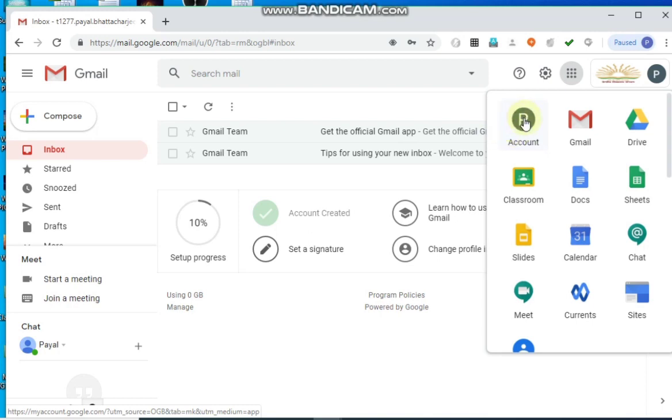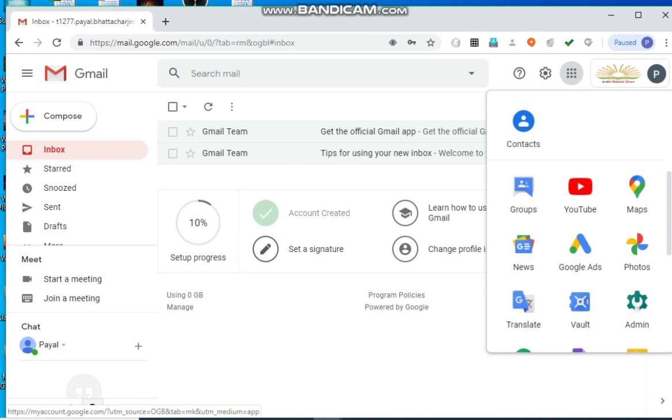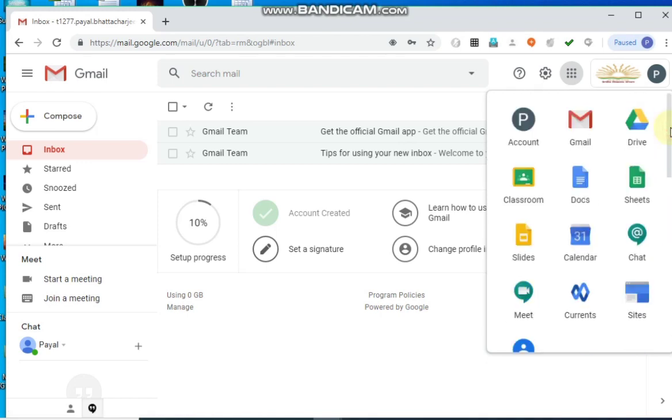Suppose you want to change your password, then you have to click over here in this account section, that I will show you later how to change accounts. First of all, we will go through this Google Classroom, and then Google Meet is also here. Let's see what are different apps which we have, and here admin is there. You can click here and you can change your password from here also. From now let us click on to Google Classroom.